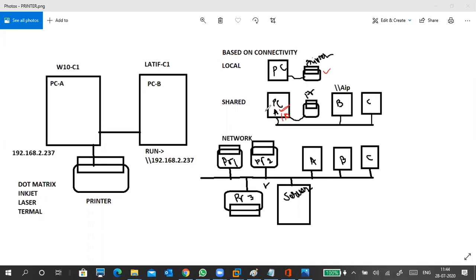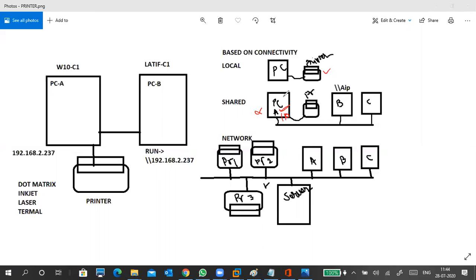The problem here is, if in case my PC A is down, or maybe PC A has some operating system issues or some other issues, then we are not able to take the print. Second is a drivers issue also: 32-bit, 64-bit drivers issue is there. So that also sometimes gives problems. If the admin is good at adding multiple drivers in a single PC, it's okay, like I have to add 64-bit and 32-bit drivers here.